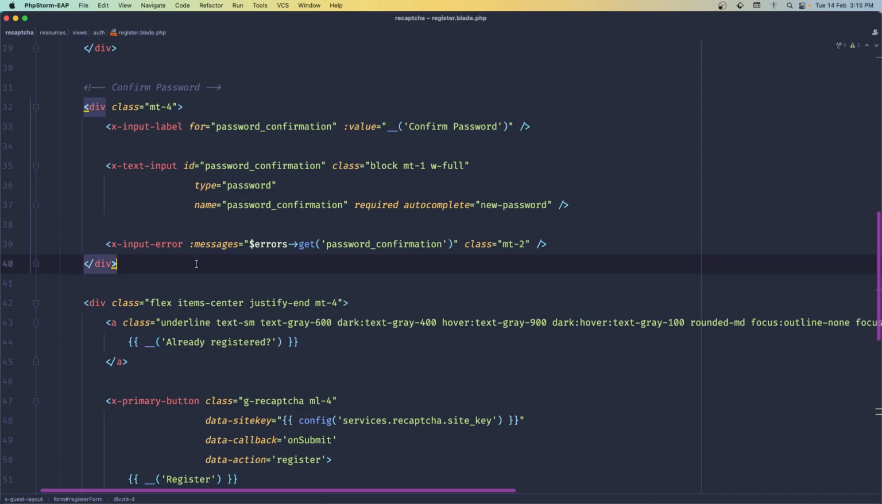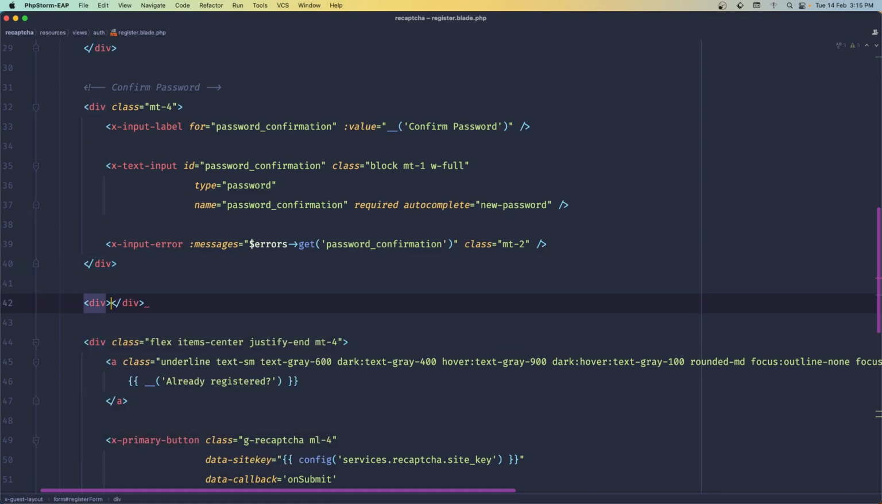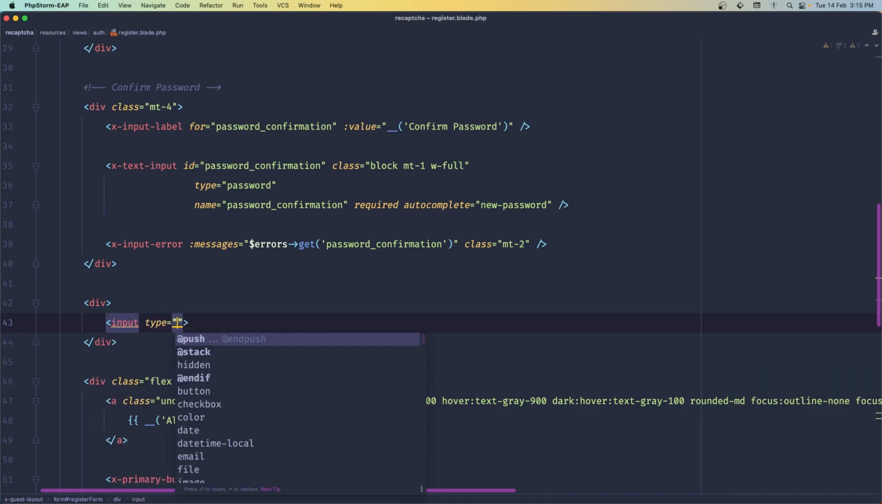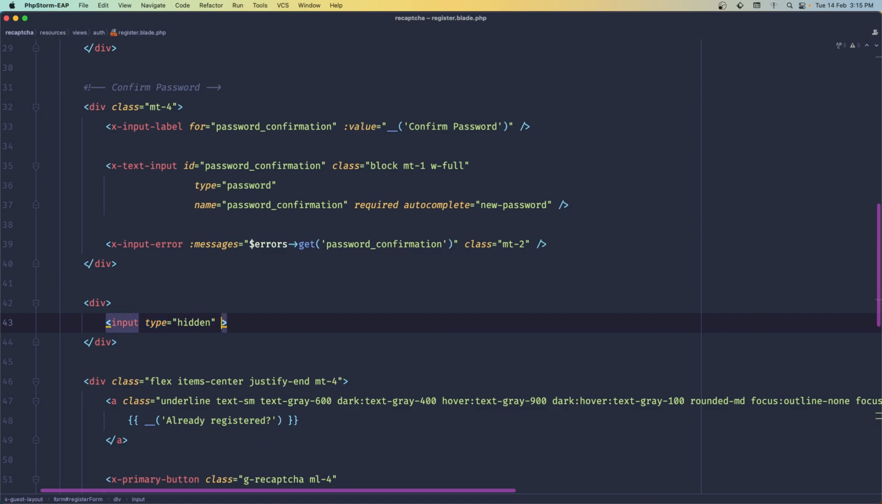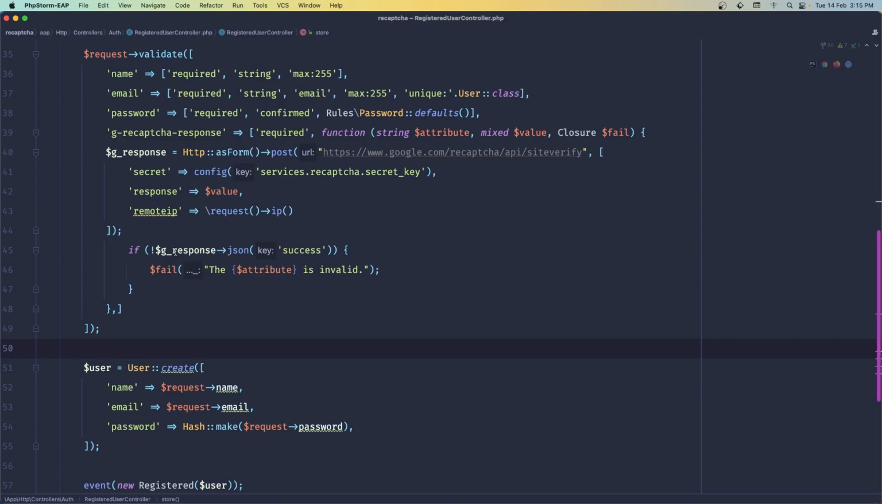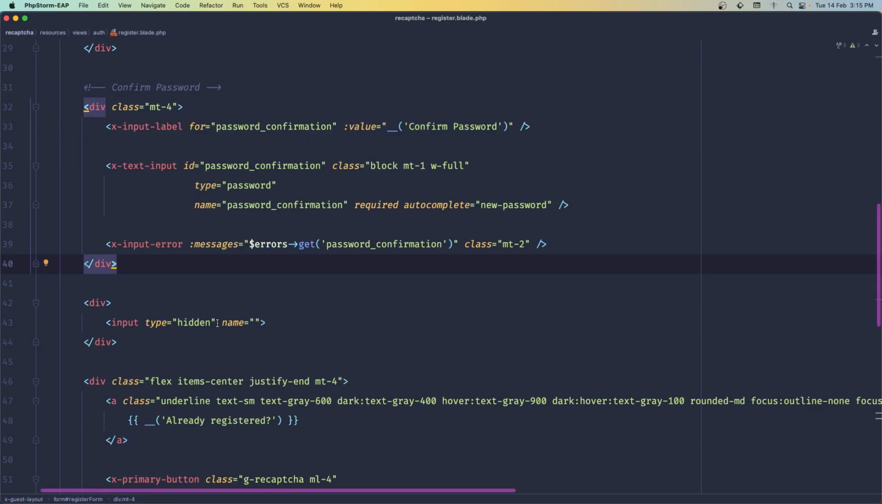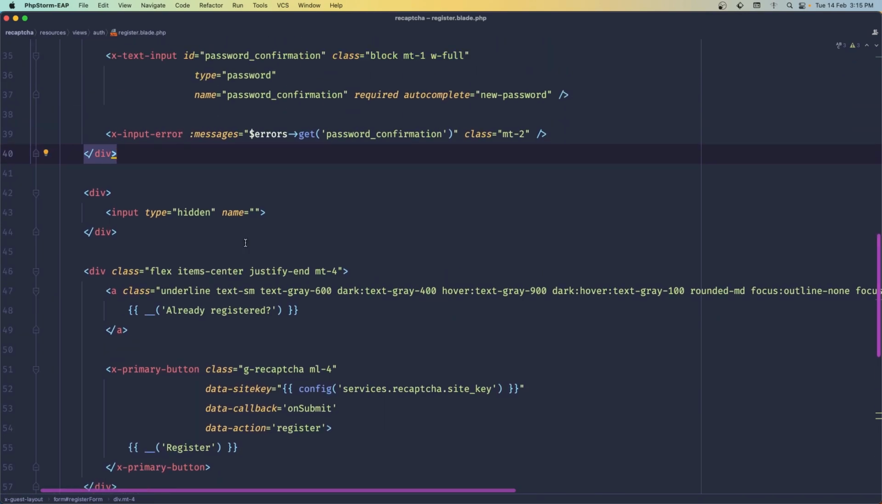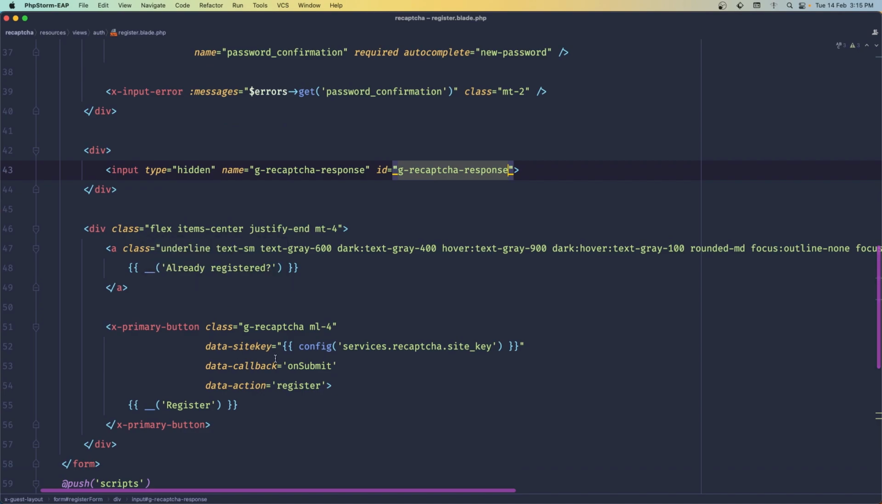a hidden input. So I'm going to add a div with a hidden input, type hidden, and give it a name, which is, let's go to the register user controller and copy this, or you can change that name, but I'm going to copy this one. So where we have that name here, and also the ID with that name. Okay, and down there,